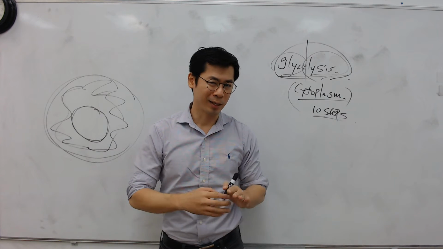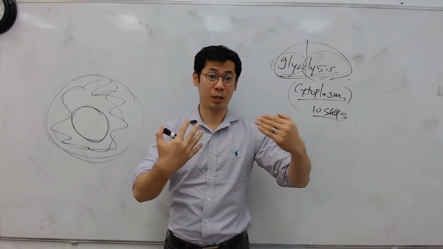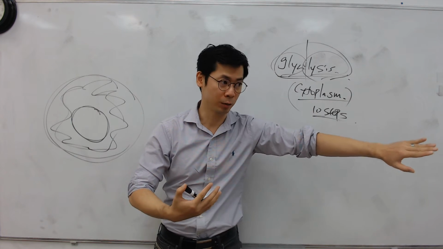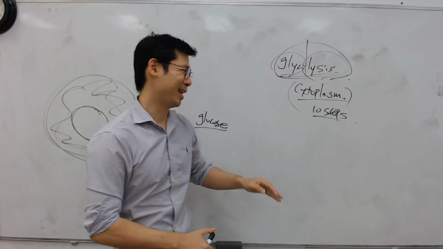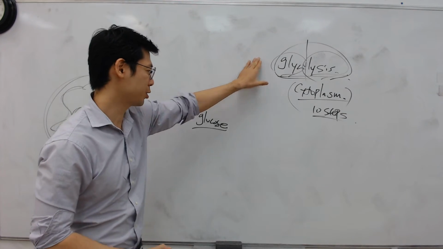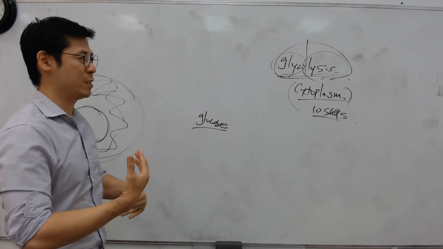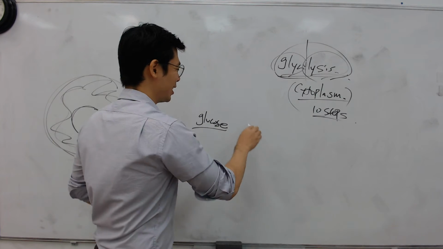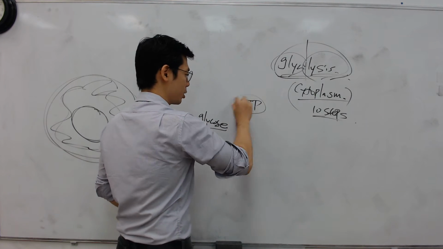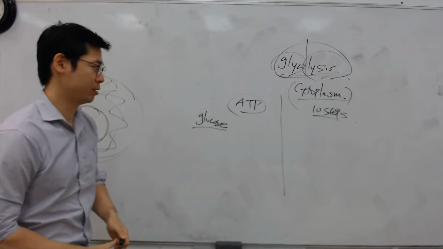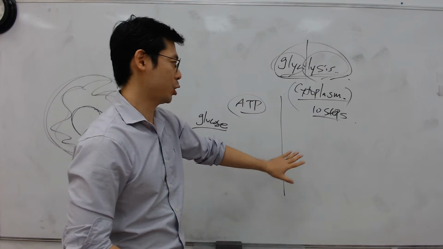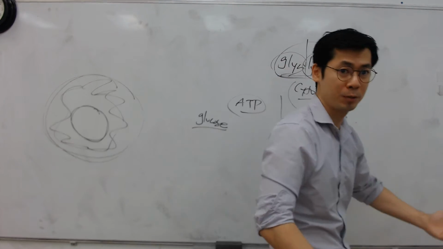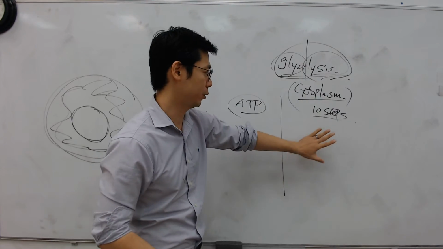If you invest, you have to spend money to invest, and then you get a payoff later. Nothing comes for free. That's basically how glycolysis works. There's energy investment, which means they're actually using ATP, utilizing ATP for the process. And then energy payoff is when they get paid, which means they gain more ATP.